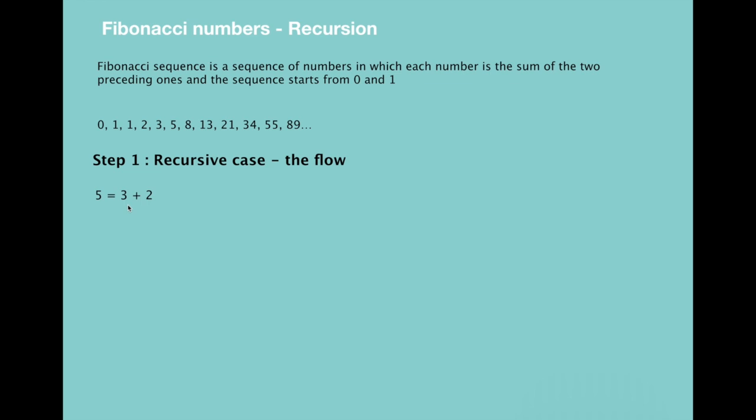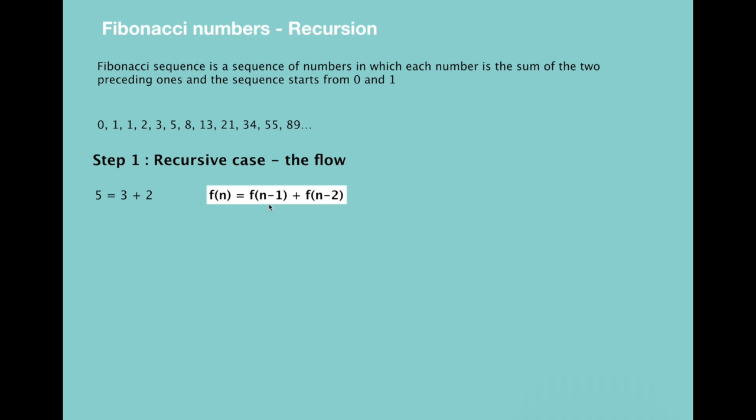So our recursive case for these Fibonacci numbers will be like this, which is f(n) is equal to f(n-1) plus f(n-2), which means that in this case 5 is n. So here f(n-1) will be 3 and f(n-2) will be 2. Take into account that we are not just summing the numbers, we are taking the result of these functions. So based on this condition, we can write our initial version of